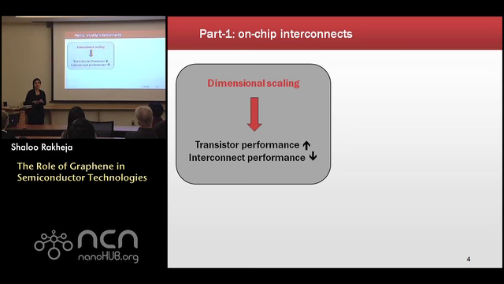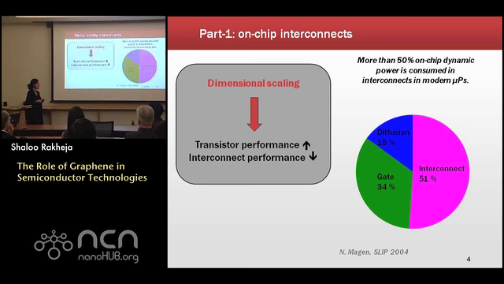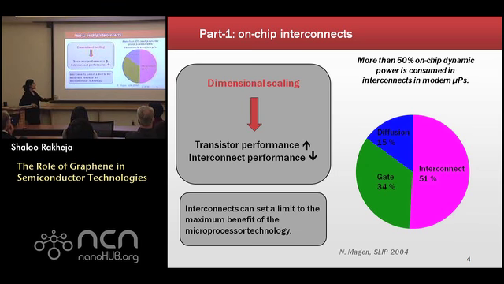Interconnects are these metal wires, typically implemented in copper in a microprocessor, that communicate information from point A to point B on the chip. So let's say you were trying to do some computation and you wanted to transmit information from location A to location B, and if you couldn't do that in an energy efficient and fast way, then that would pose a bottleneck for this technology. And at the same time, you see that in a microprocessor, more than 50% of power is being consumed in the interconnect. So the idea is that interconnects do place latency and power demands on the microprocessor,